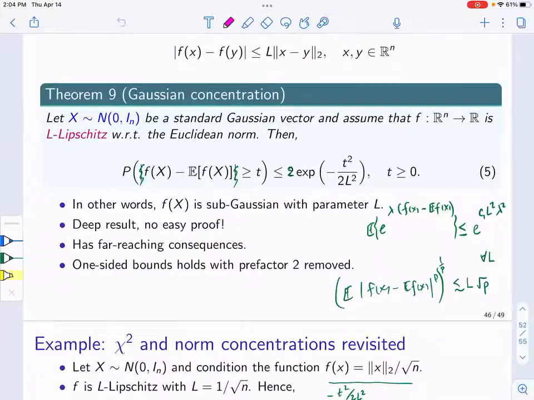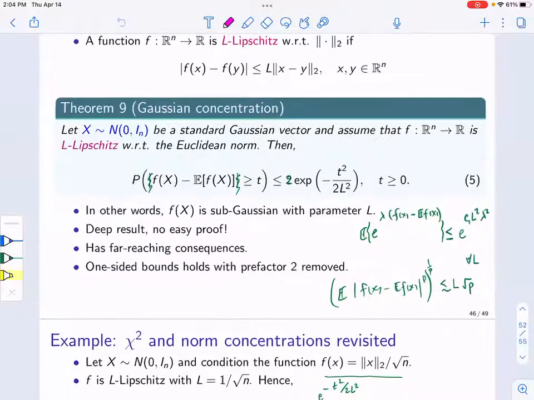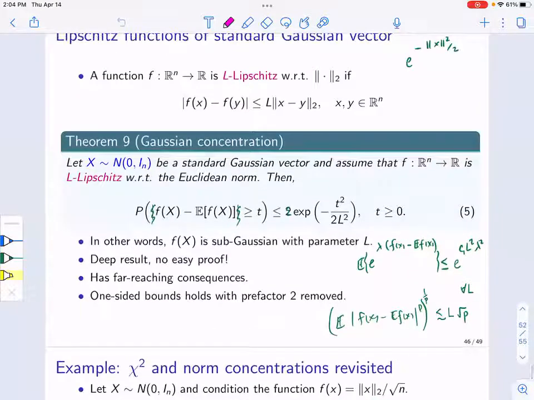Gaussian concentration, which is a very general result about the, let's say, standard Gaussian distribution. So if you have a Lipschitz function, and Lipschitz is with respect to the L2 norm, that's the Lipschitz property that we care about here. Then the function f of x, if x is a standard Gaussian vector, is going to concentrate around its mean, and